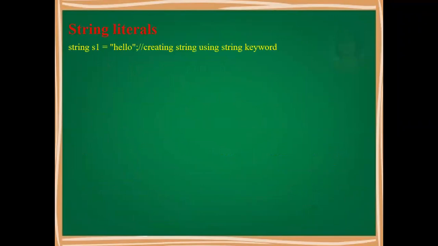So string literals, okay, how we are creating variables with string. Here is the example, string s1 is equal to hello. This is just the syntax for how we create a string using the string keyword. Remember this again: small case string and capital case String are equivalent. Here we created string s1 equal to hello, then string s2 is equal to welcome. So in these two examples you can see, one has small s and one has capital S, both are equivalent.